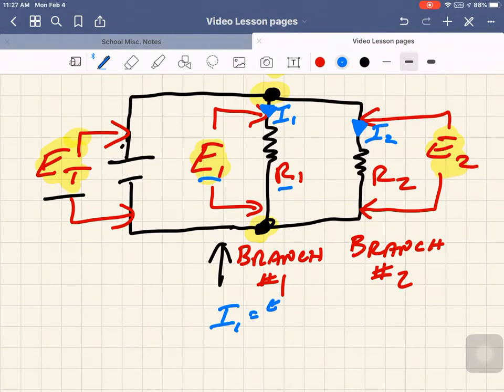We're going to use Ohm's law, so if we know the voltage, right, and we're going to put that across our resistance. All right, let me make that E look a little bit better. E1 over R1. Okay, maybe a smaller pen. So we can then determine what our I1 is. Okay, I2 would be the same thing. I2 would equal E2 divided by R2, right? And remember, right, our voltages are the same